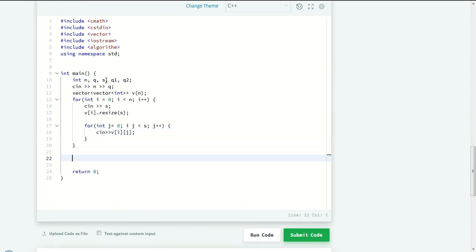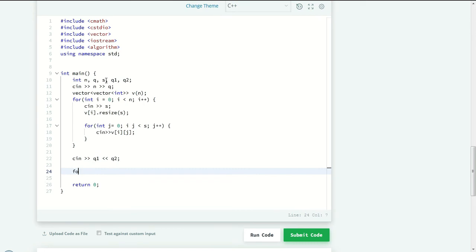I will explain why I selected n and q instead of a specific variable name as we do in our official projects. I will explain that later. Give me a moment. So we need to get input from the user for q1 and q2. Sorry, please bear with me. So I got some q1 and q2 value. I need to change this one. Then we got that value.